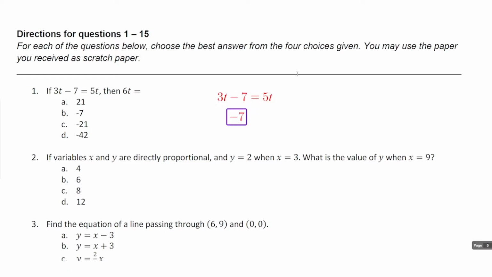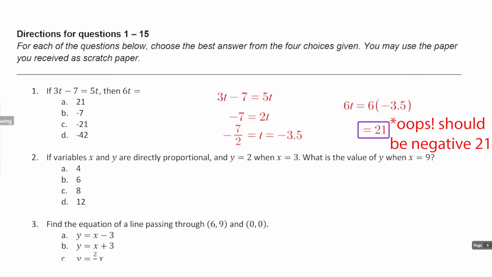So doing that, 5t minus 3t is going to be 2t. And then if I divide both sides by 2, I get negative 7 halves as t. Negative 7 halves as a decimal is going to be negative 3.5. And then if I want to get my final answer here, 6t will be negative 3.5 times 6, which equals negative 21. So our answer is